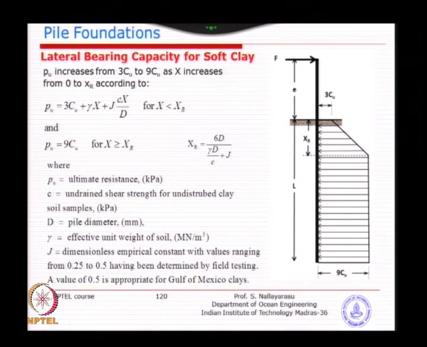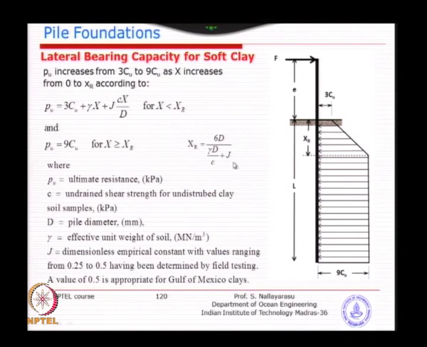So, this limiting depth, so-called X limiting or XR, is determined based on the diameter and an empirical coefficient for a type of clay, which is called J. Of course, API does not give you the coefficient J, as it is a value very specific to the Gulf of Mexico, but the study shows that the values range from 0.25 to 0.5 for most types of clay, and so you can select depending on the clay type, if it is soft or hard or medium clay.